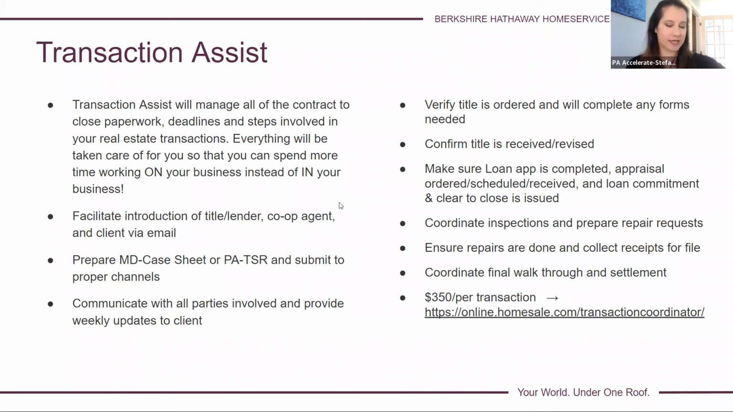So, transaction assist, you can chat about that. The transaction assistant is somebody that you can hire. It's actually a team of people that you can hire now within Home Sale that will manage all of the contract to close paperwork. So if you're the kind of agent that is really amazing at getting the leads and getting people under contract and facilitating a sale, but then all of that paperwork stuff afterwards